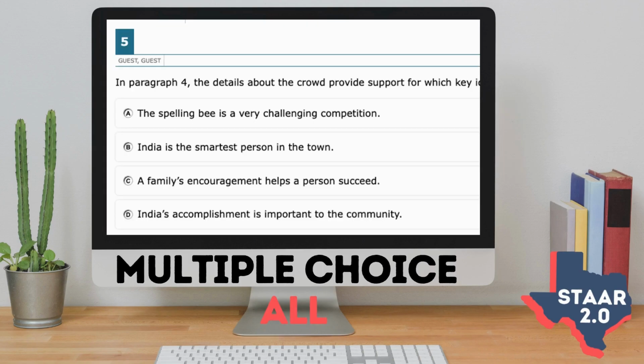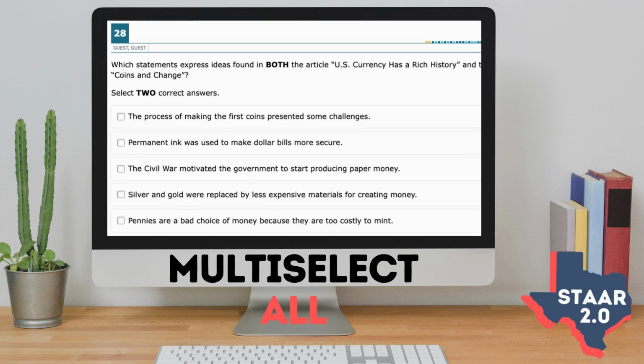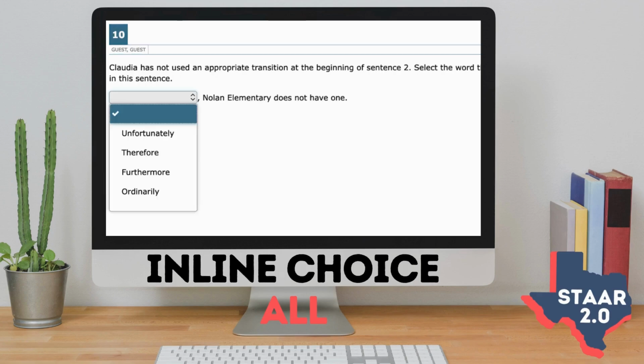Let's start with what is not different. Everyone will still have multiple choice questions. The main thing here is it will all be on the computer. Everyone will have a new type called a multi-part, where there's a part A and a part B. All grade levels will also have a multi-select, where you have to select more than one correct answer. And everyone will also have an option where you click in a drop-down menu and select a word or phrase